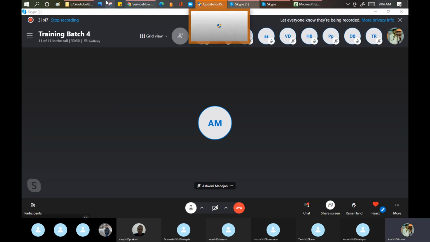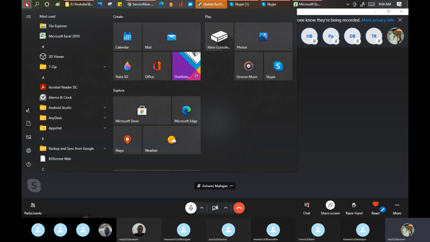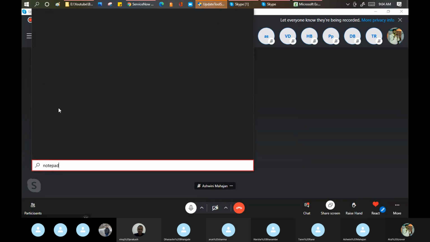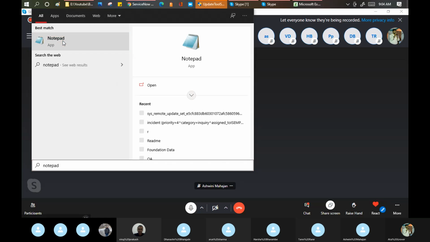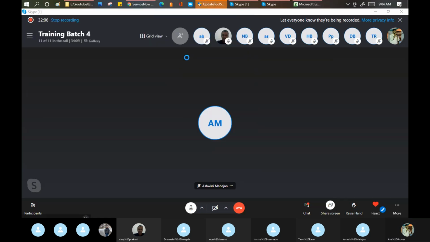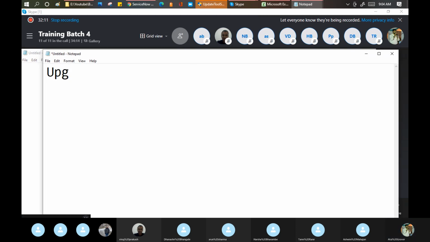Okay, let me open Notepad. Upgrade, update. Upgrade means when you are moving from one family of ServiceNow to another family.